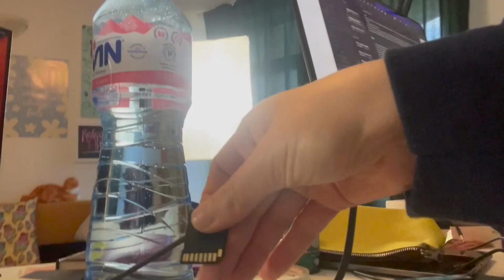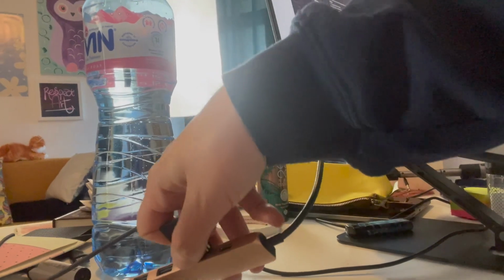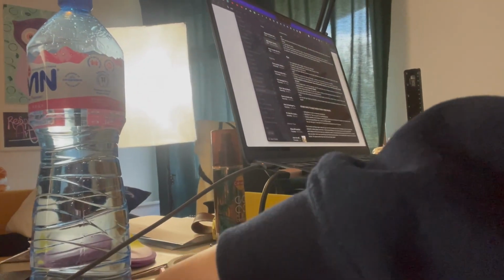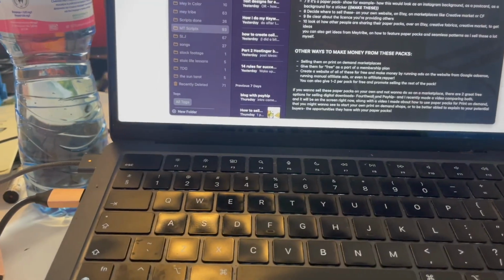Ugh. You see this little thing? This goes in here, like this. Yep. Does it go like this? I don't know. Why is it going wrong? It's really hard to do things with one hand. And now